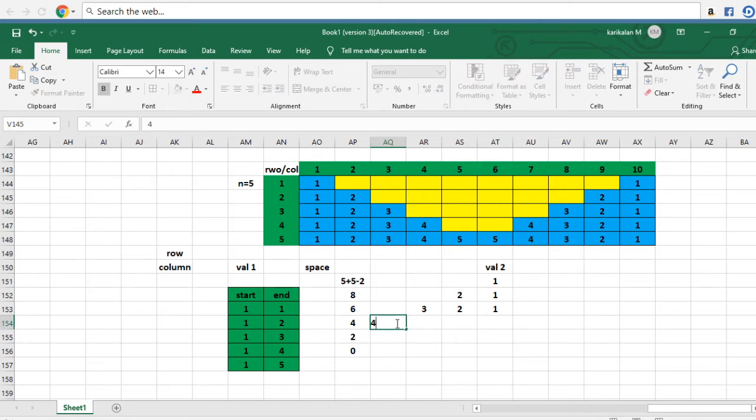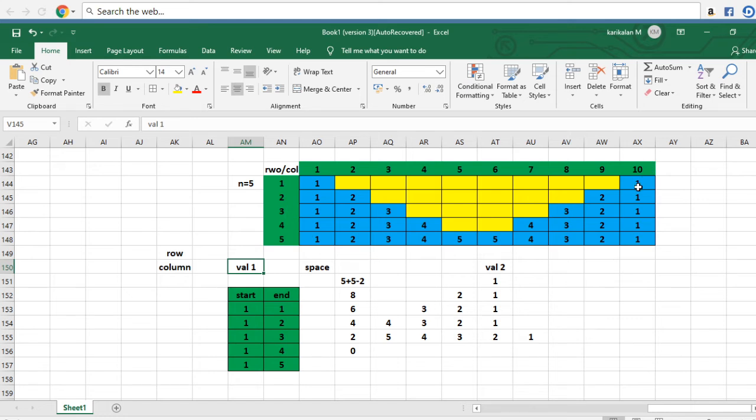Then here you can take a 4. Decrement by 1, we get 3. Decrement by 1, we get 2. Decrement by 1, we get 1. Same thing if it is a 5, you can take 5 first. Then decrement by 1, 4. Then 3. Then 2. Then 1. So this is value 2. If you find the end value, if you find the value 1, we can easily print the value 2.